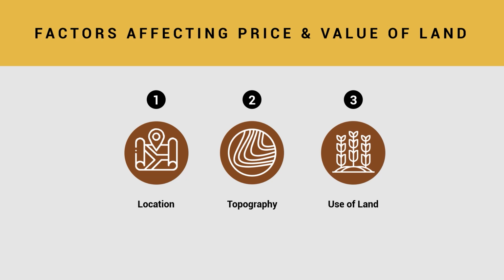If the land is classified as agricultural land, you can use that only for agricultural purposes and cannot construct a building over that land. Versus if a land is classified for industrial use only, then the only option available with you is to construct a factory or a warehouse in that area. You cannot use such a land for residential purposes. And the third use of land is your commercial use, which can be a residential or a commercial building that you construct, which is a part of your city plan, right? So the use of land has a huge impact on the value of land, and you should consider these three factors before you think of buying a plot of land.